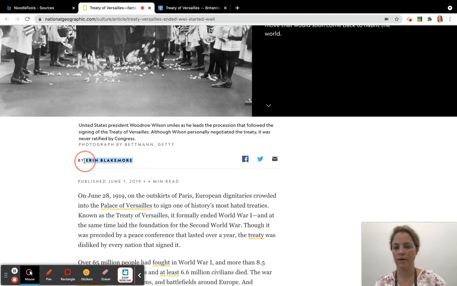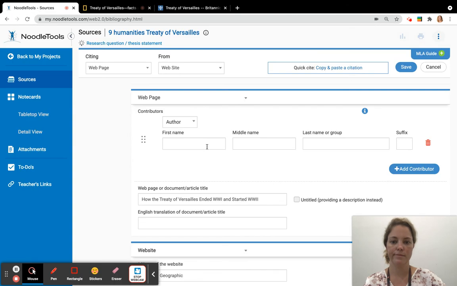And there it is right here. Aaron Blakemore is the name of the author. So I'm going to copy that as well. And the date is right here, published June 1st, 2019. So I have that date as well. So I think it was Aaron